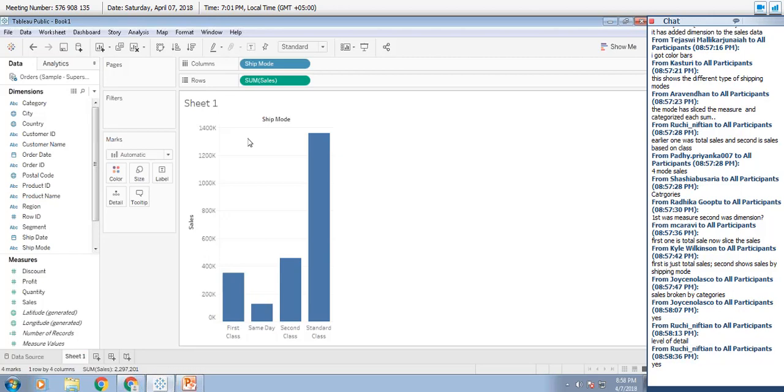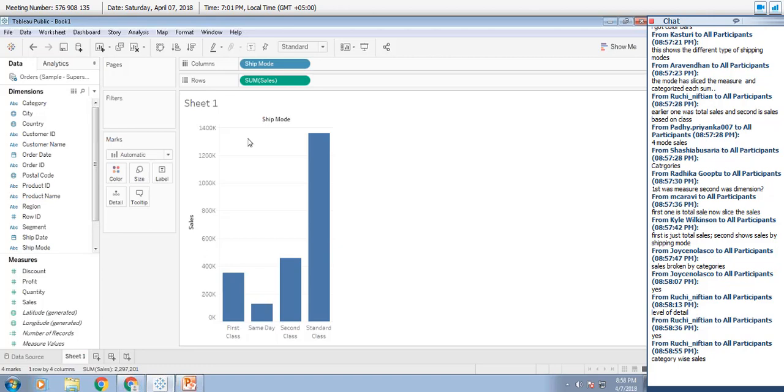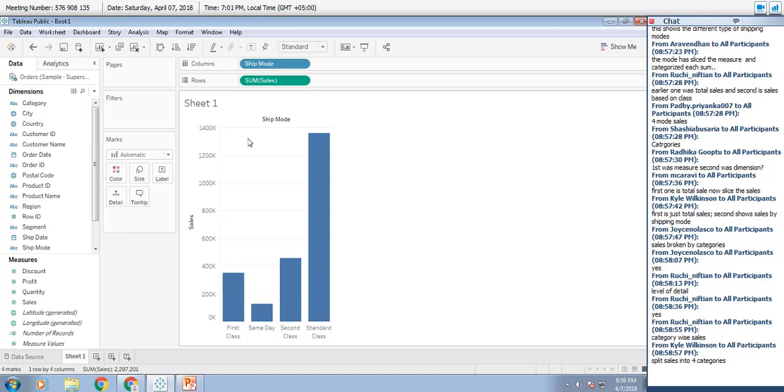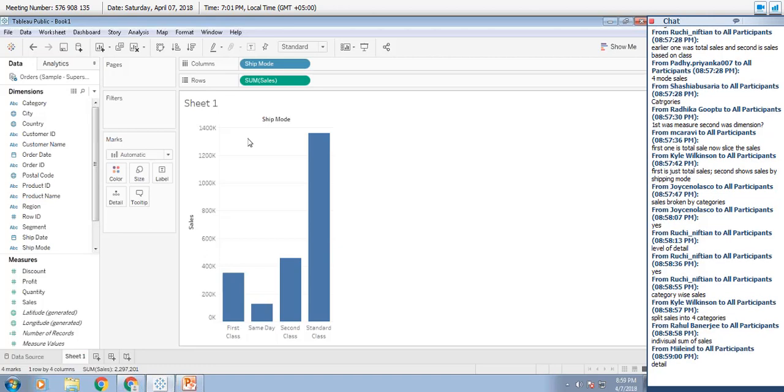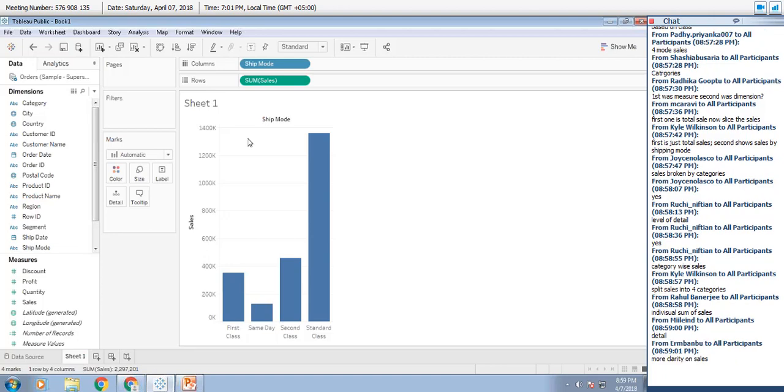Alright, so what has ship mode generated? You have got 4 elements, right? You have your first class, same day, second class and standard class.